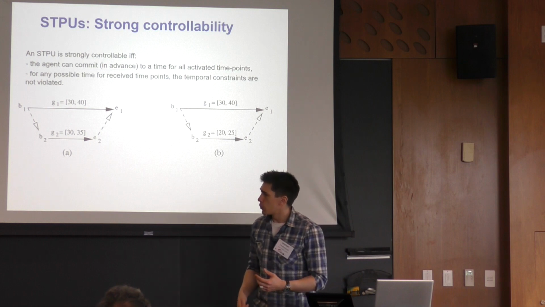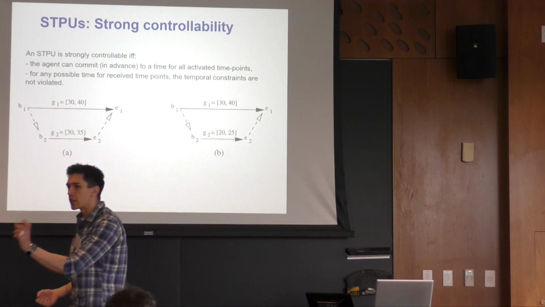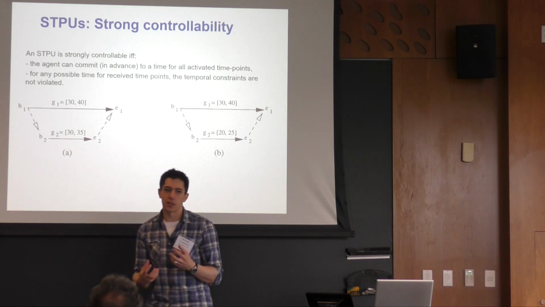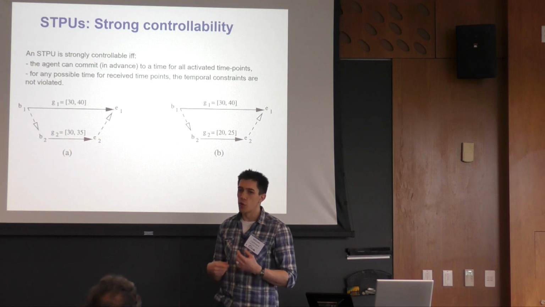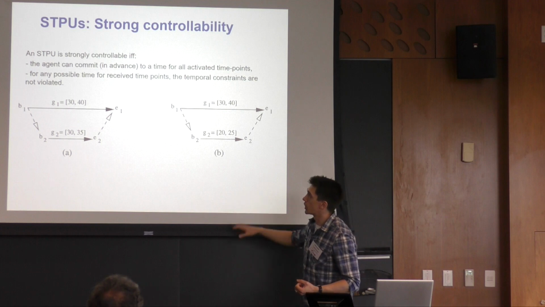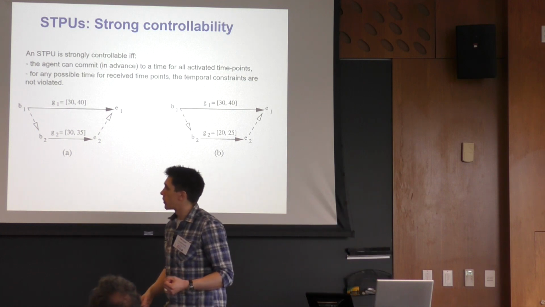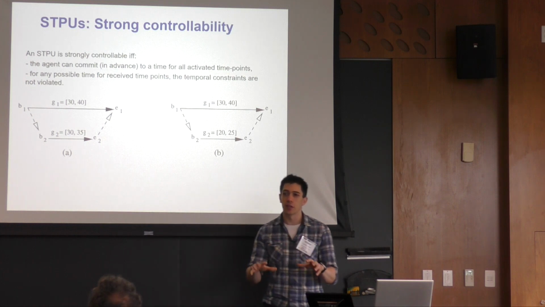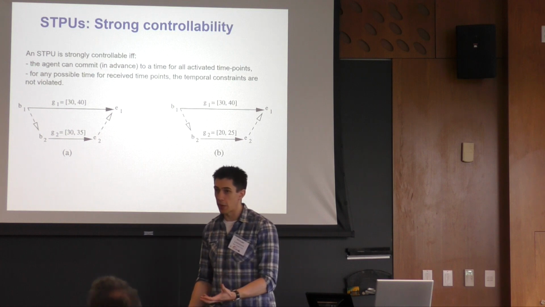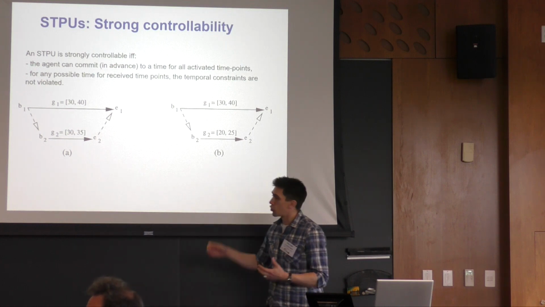So what we need is a plan representation that includes more than just the estimated dispatch time of the actions. We'll need a formalism that's more expressive to be able to capture things like causal constraints and temporal coordination. One of the related works that I showed before is about controllability. When you have a formalism that's a bit richer, you can start to define more properties about the plan. Controllability is one of them. In this case, strong controllability.